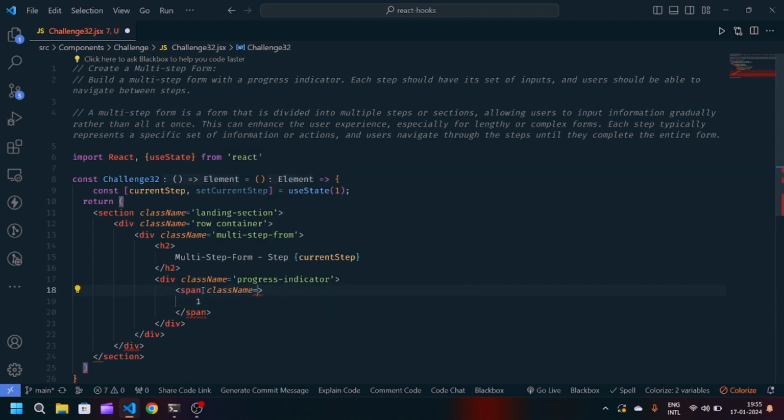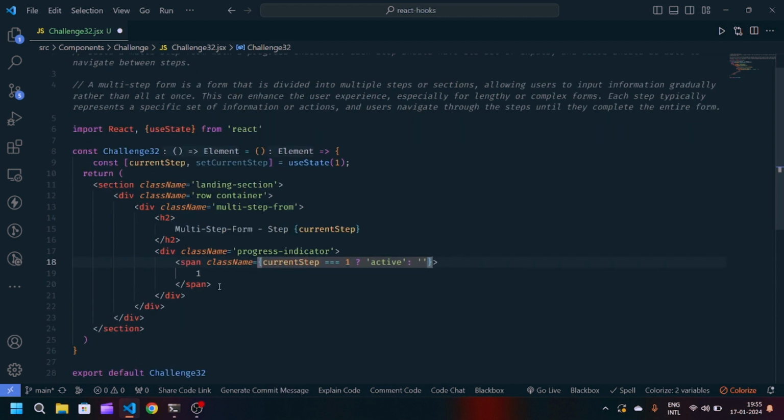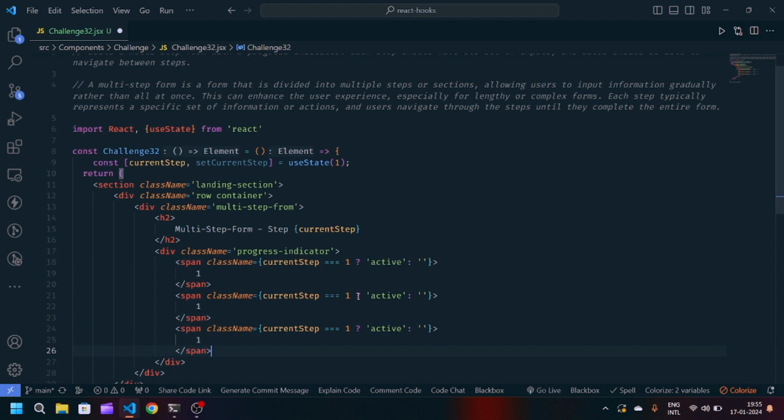It is equal to the current step, initially it is 1, so I will give a class name of active, and if it is not, then a blank string. I will copy this span tag, paste it below, and change the current step